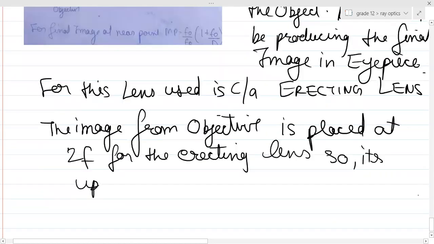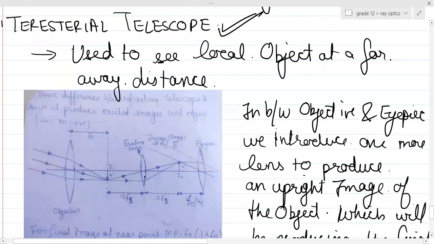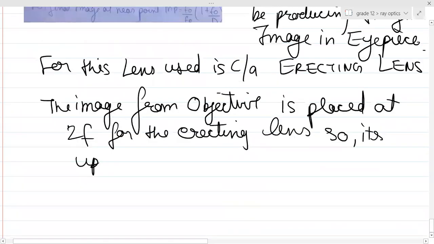So it's an upright image. Can you see the image was basically over here, guys? This image is formed over here, and this distance is basically twice of f1. So if this is the object, this is the lens, its image will be formed at twice of f1 only. But can you see the image is getting inverted with respect to the object? The object was down, so the image got up, right? So basically, with the help of just this lens, you just inverted the image. That's all. That's the only difference.